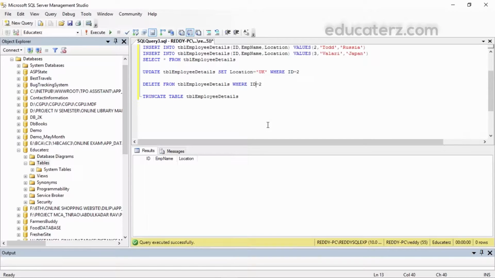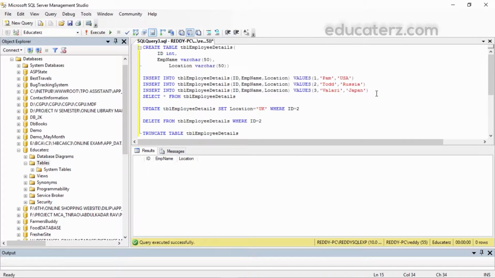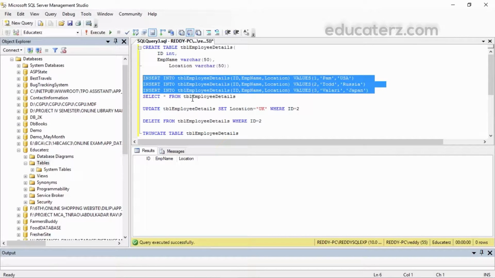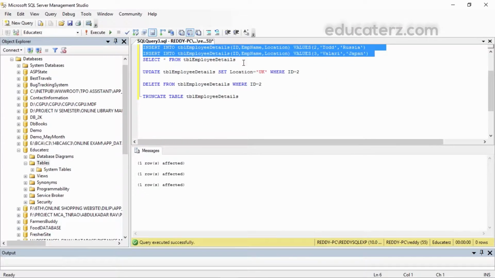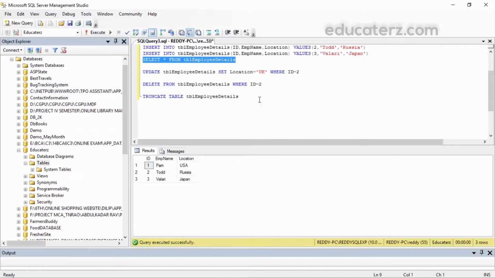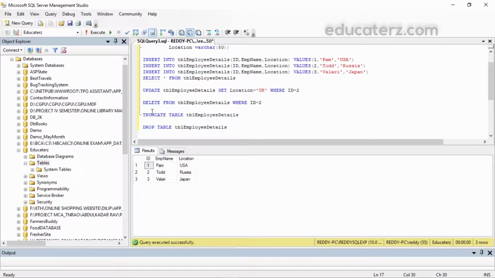So just remember that delete and truncate are the same if you don't use a where clause with delete. Understand? Let me insert all the rows again. Now you see they are there. To explain the other command, drop table, I just inserted the rows again. Drop table, then the table name. See, delete and truncate are the same if you are not using a where clause in a delete.